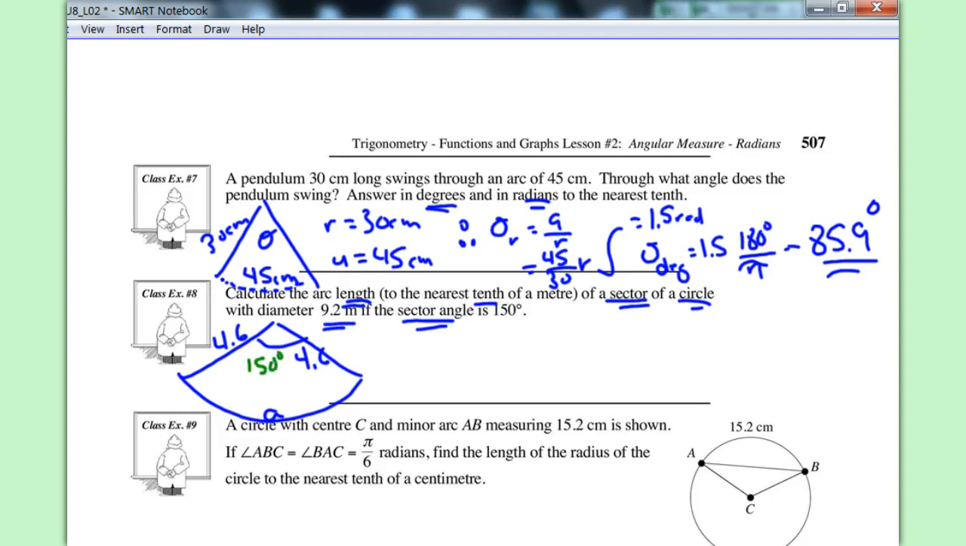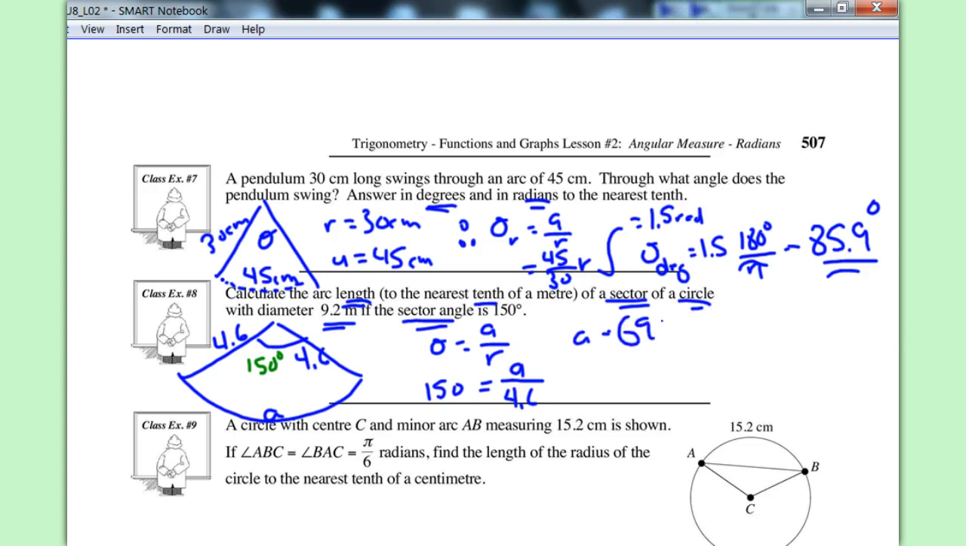So I could go to my formula and say, well, that's really easy. I have that formula. Theta is equal to arc length over radius. So I stuff in 150 degrees is equal to an arc length I don't know and a radius of 4.6. And then I multiply that together, and I end up with A is equal to 150 times 4.6,